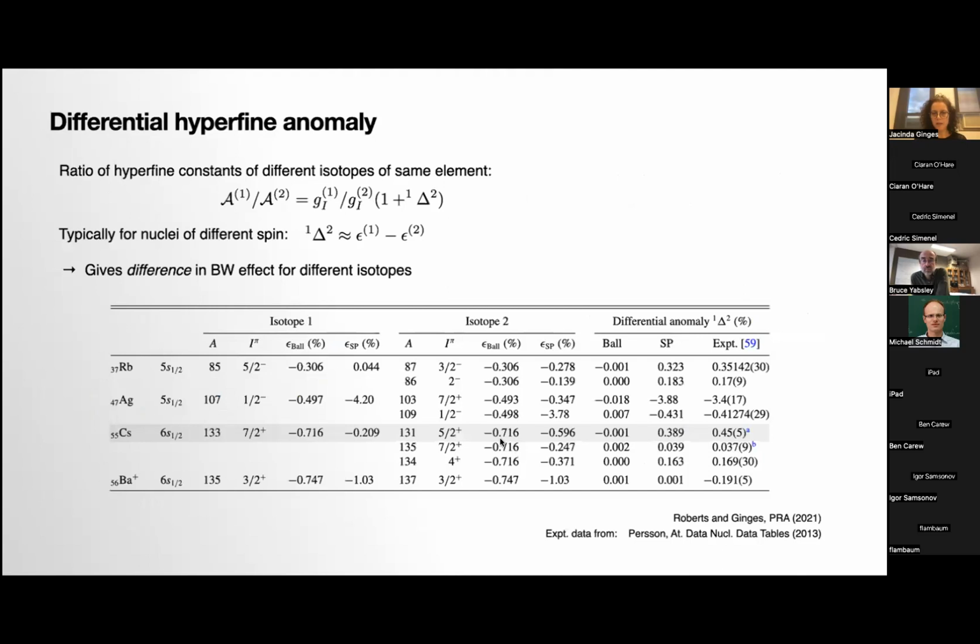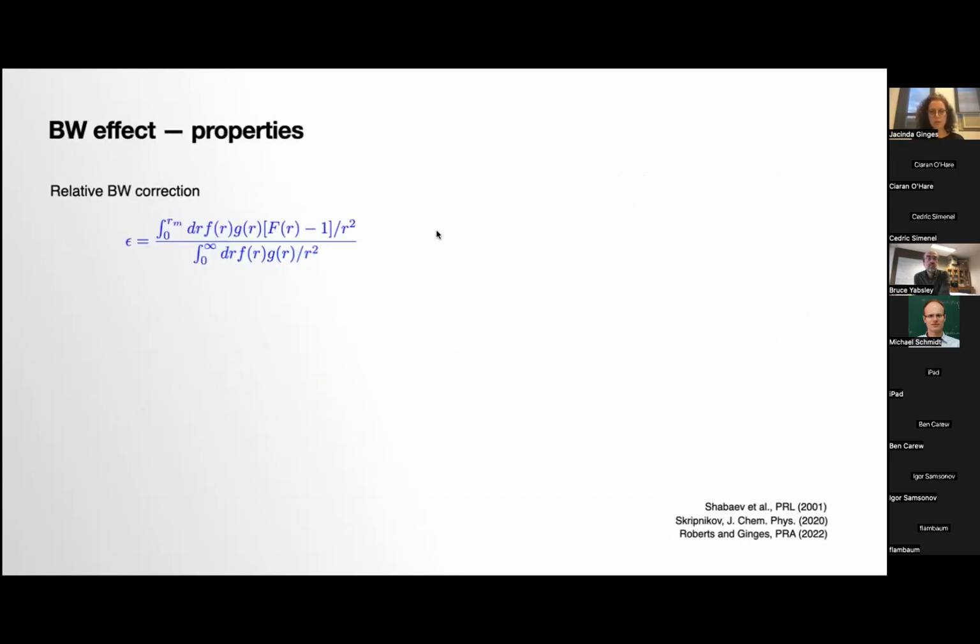So this led us to do a number of studies into the hyperfine structure. And again, I'm just going to skip through so we've got time for questions at the end. I'll come back to that if there's questions, but we can look at what's called the differential anomaly. There's a number of really nice things that we can do to try and determine this. The question really is, what is the Bohr-Weisskopf correction for these atoms? How do we probe it? How can we determine it? Particularly for cesium, which is of particular interest for us. So there's really a number of interesting properties that this Bohr-Weisskopf effect has, and I'll just go through that and then show you how we've utilized that.